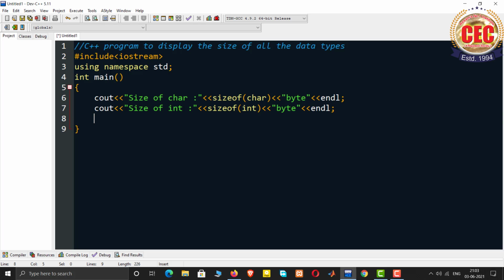Okay, then again cout, size of short int.